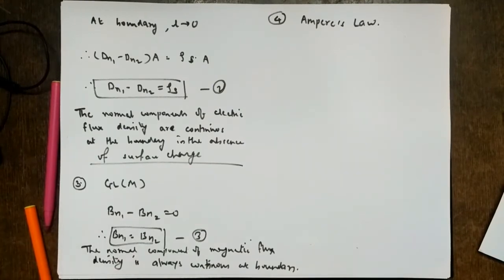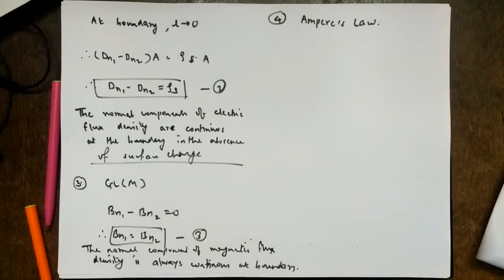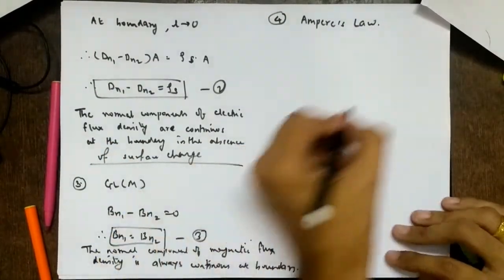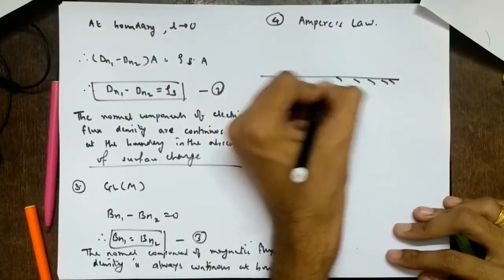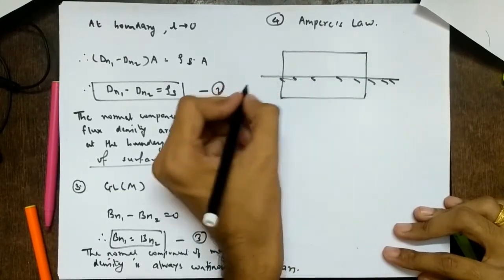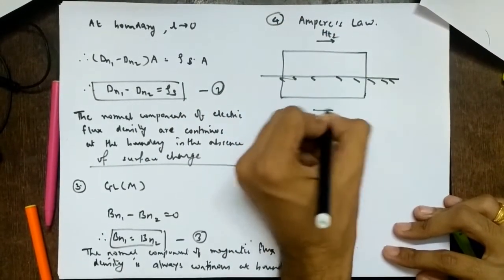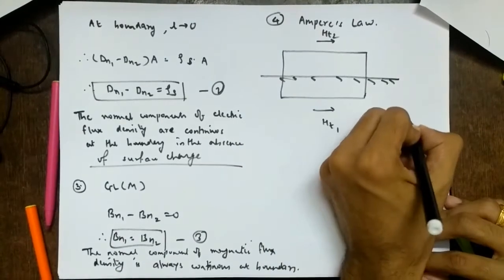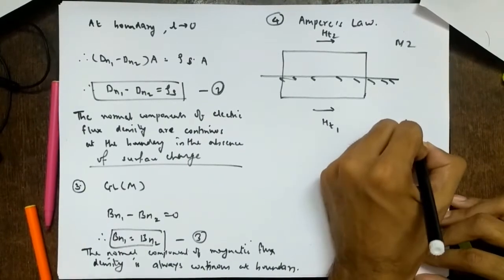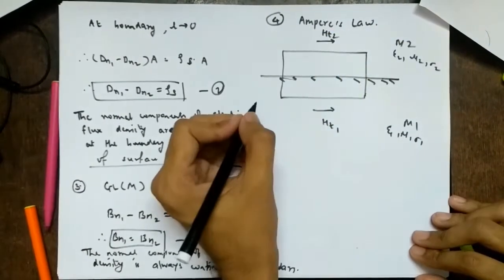So then corresponding to Ampere's law, what is the formula for Ampere's law? Again it has dl vector. So again we will not draw a surface. We will draw a rectangle only, right? So again let me take the boundary in this way. If you want, you can show the boundary vertical also, right? So again we'll have, let's say, Ht2 here. So we'll have Ht1 here. So this is M1, this is M2. Again we have epsilon 1, mu 1, sigma 1, epsilon 2, mu 2, sigma 2, right?